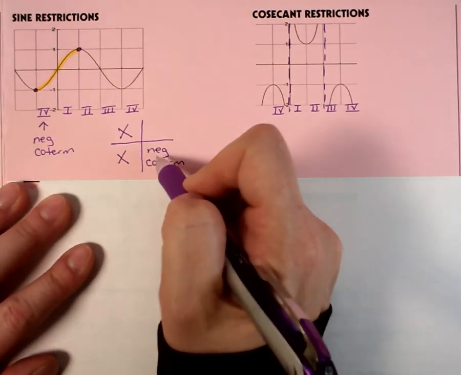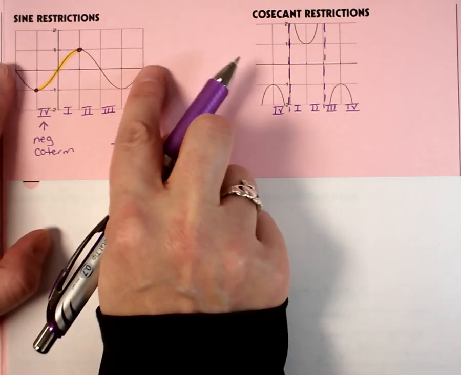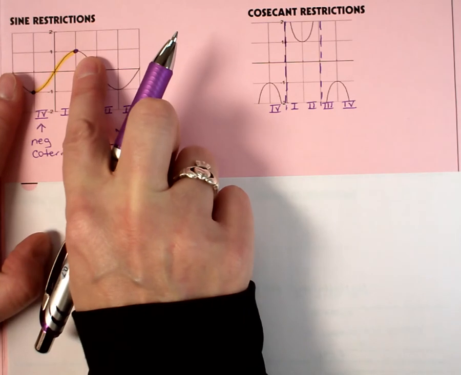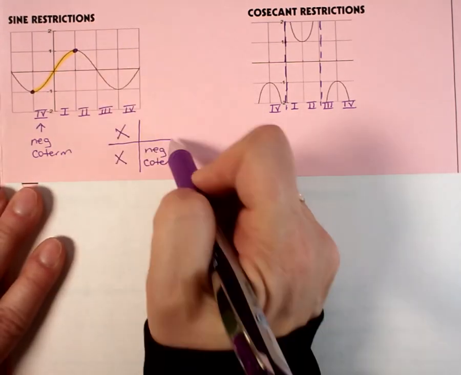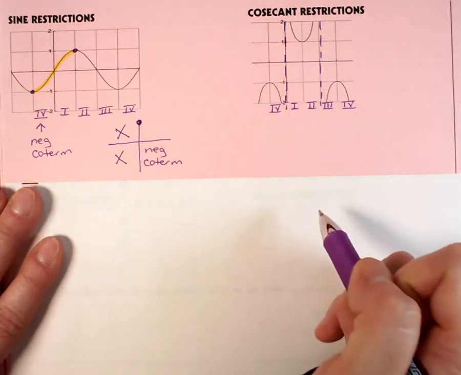We haven't done any examples yet. Right now, we just want to get the idea in our head that we can't use the entire sine curve. We need to restrict it down to a small portion. The next thing that's nice to remind ourselves is I can put a solid dot right here to remind myself